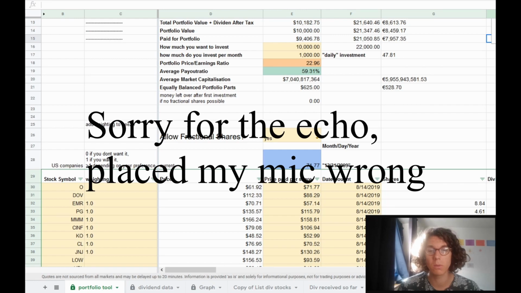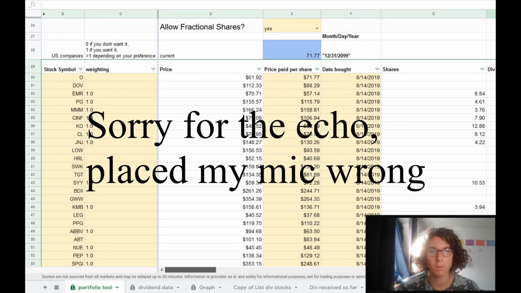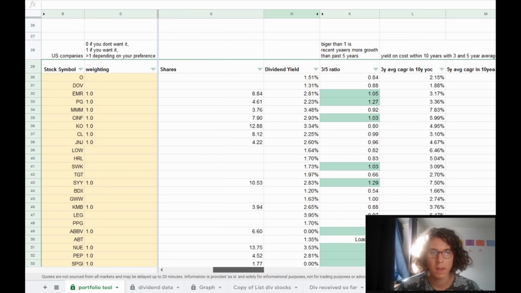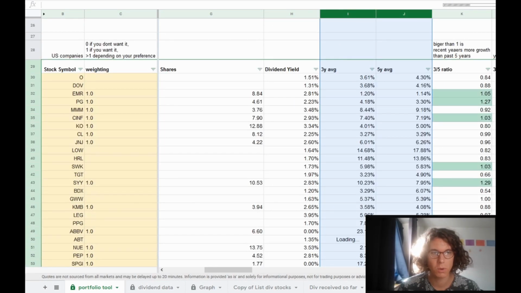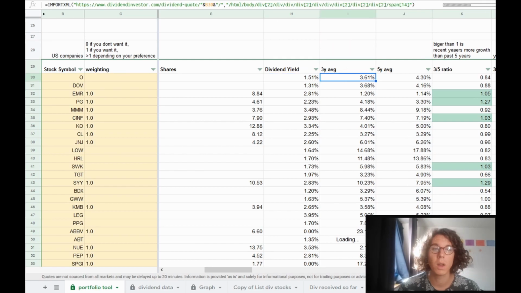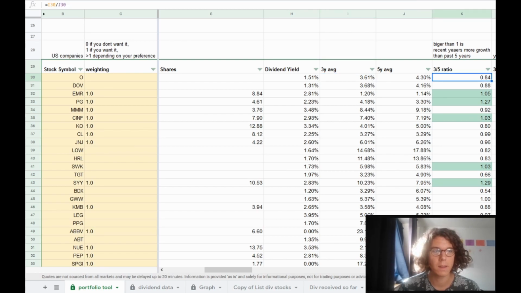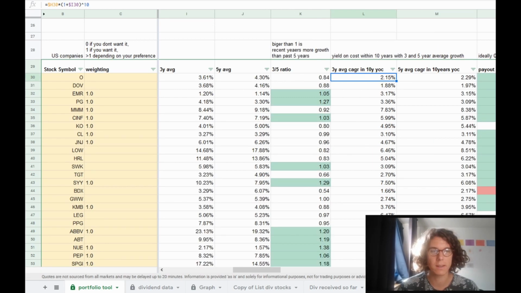This will be the cut down version, where I trimmed all of the stuff that isn't as important. And I also added some new formulas for dividend yield with a compounded annual growth rate of the last 3 years, and the same thing for the 5 years. Then I took the 3-to-5 ratio, when the last 3 years grew faster than the last 5 years, the dividend. Then we have a value that's over 1. The projection over the next 10 years would be these values, given the 3 years and the 5-year compounded annual